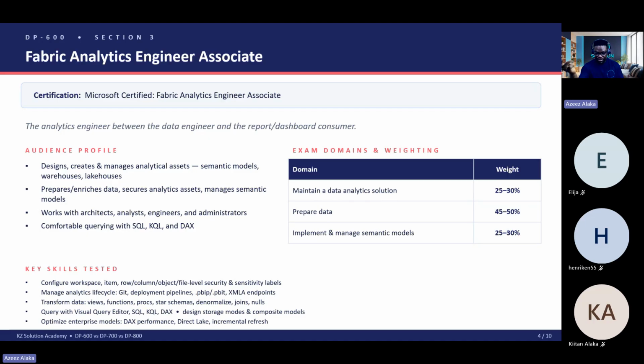OneLake is decentralized, which is one of the things that make Fabric better than every other solution. Because with OneLake, you can connect to different data sources. With OneLake, we can actually use mirroring. For instance, you want to develop a solution, which is actually what we did last time. We want to develop a solution, and our data source is the database. Before now, what we used to do is create a pipeline to extract the data from the database to our data warehouse, or to the data source that we want to make use of, before we now develop the report on it. But now with OneLake, you can actually do mirroring. You don't need to move the data.